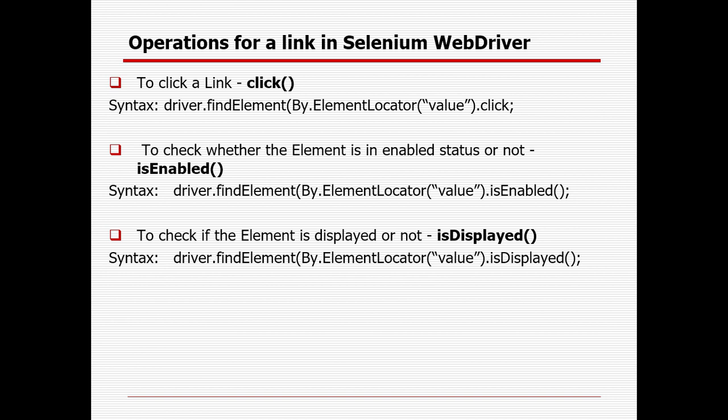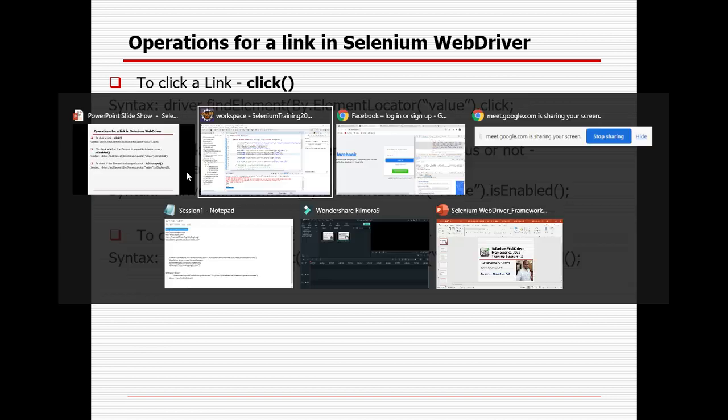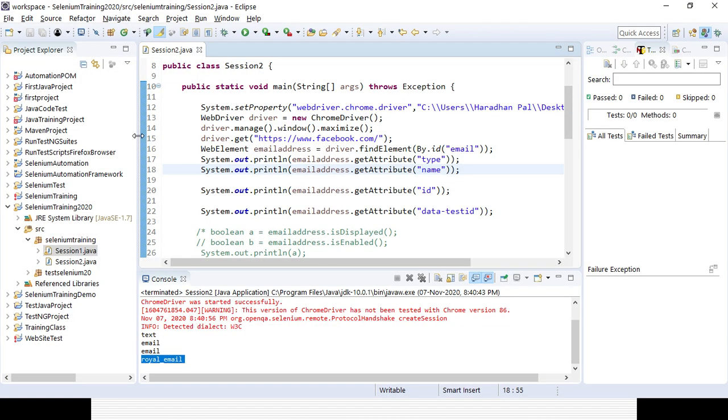Similarly, first I will check whether the field is displayed at all, and whether the field is enabled. In case the field is enabled, definitely we can perform the click operation on that particular link or hyperlink. As I already told in the last session, if it is a link, the tag name will start with A, and we can identify the element by virtue of partial link text or link text. And definitely you can create your CSS and XPath. It will not stop you.